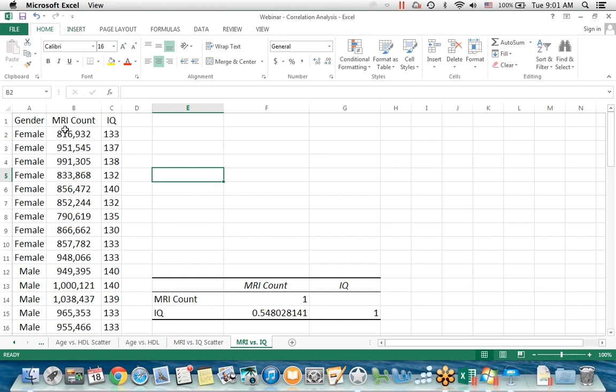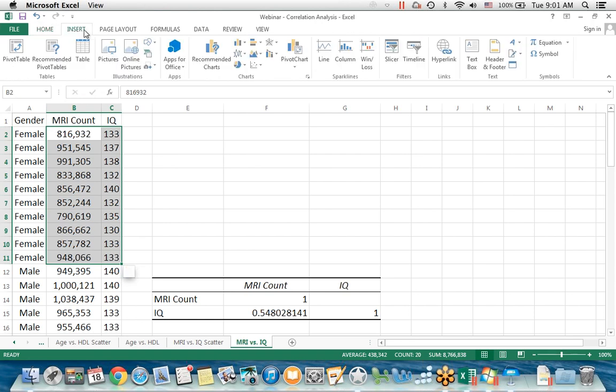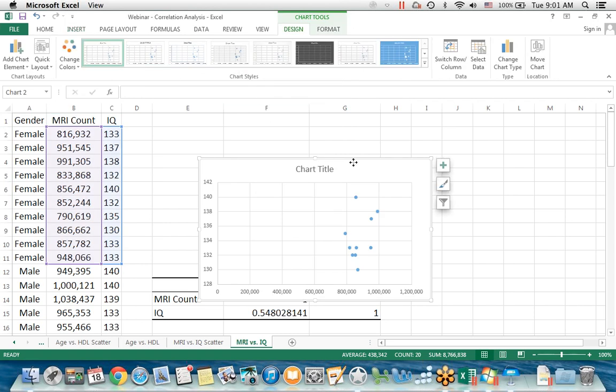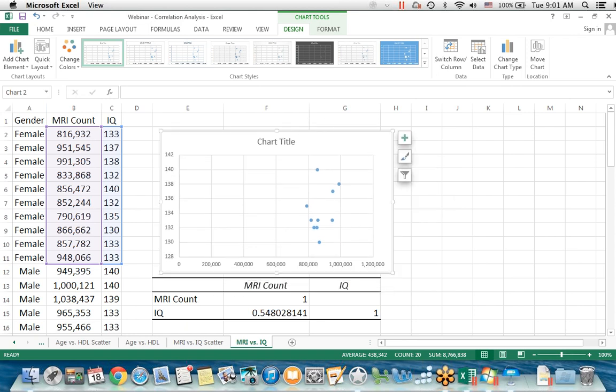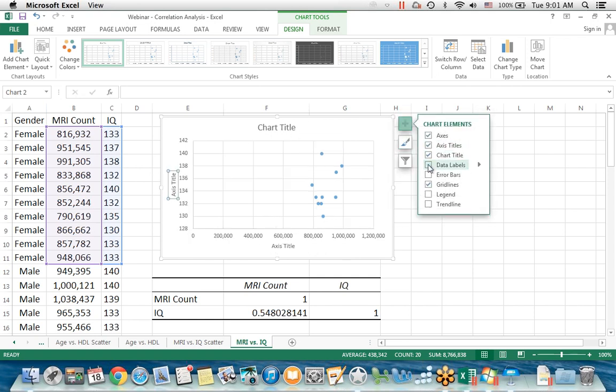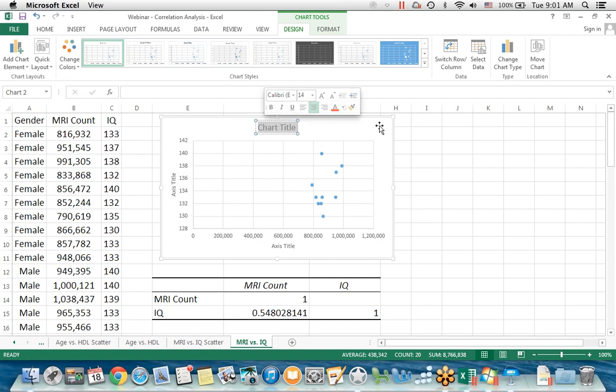So first I'm going to highlight the data here, but I'm only going to highlight the data for the females, and I'm going to go to insert, the scatter plot, and here is my chart. Now I can change the titles, again, the axis titles, the chart title, and so on. And I'm going to do that. So I have MRI count versus IQ,